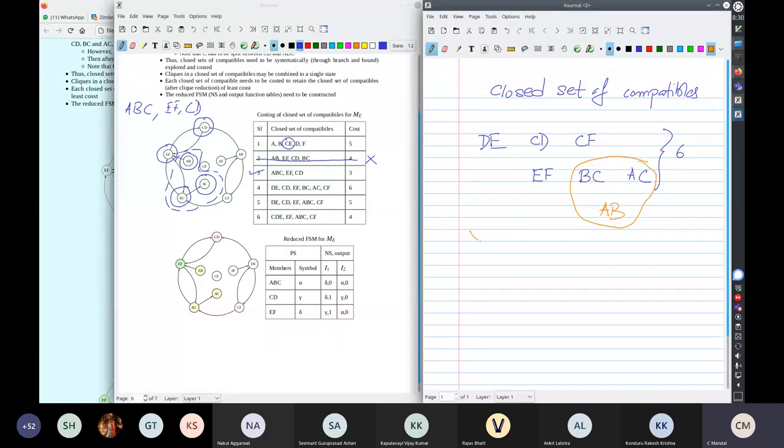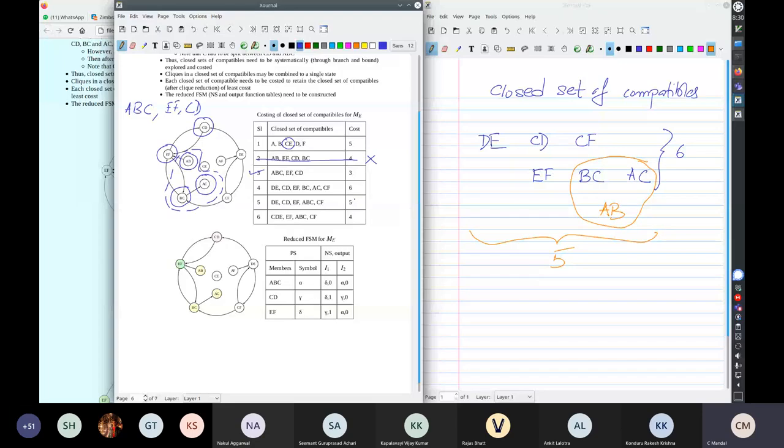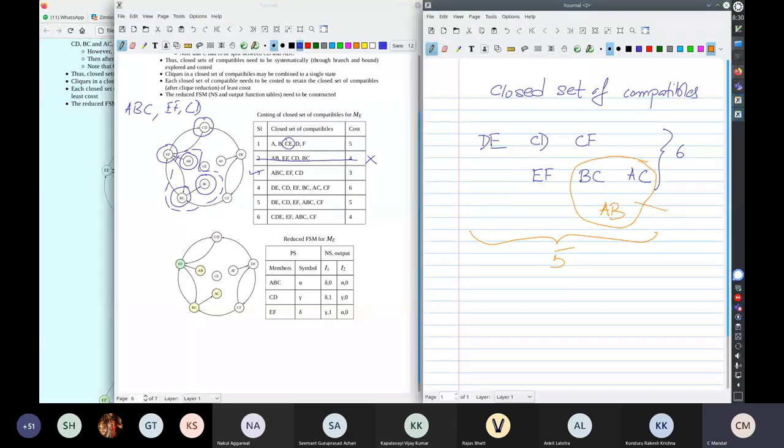If you add AB to this, the cost comes down to 5. So that is what is shown over here. This one is ABC. And if you add to that CE, suppose you add to that CE,